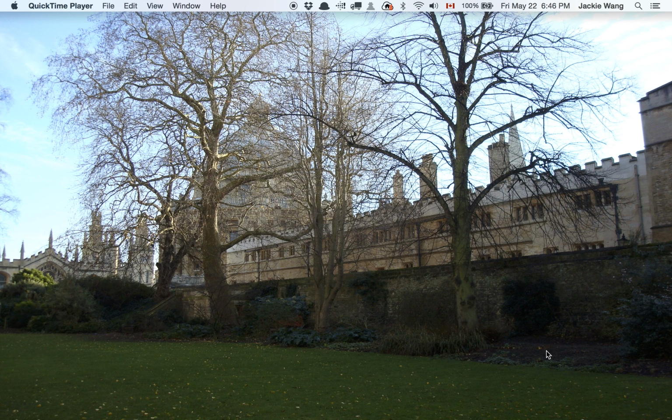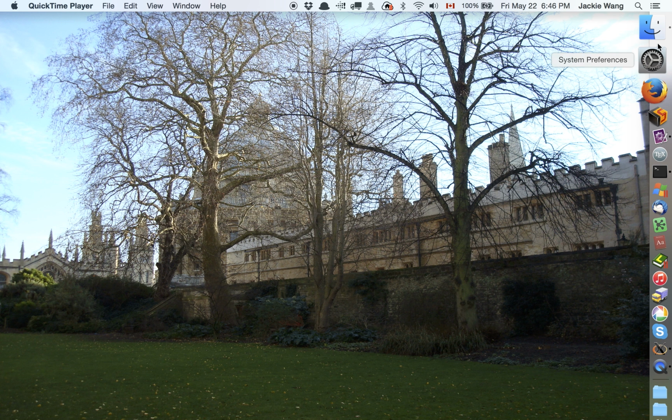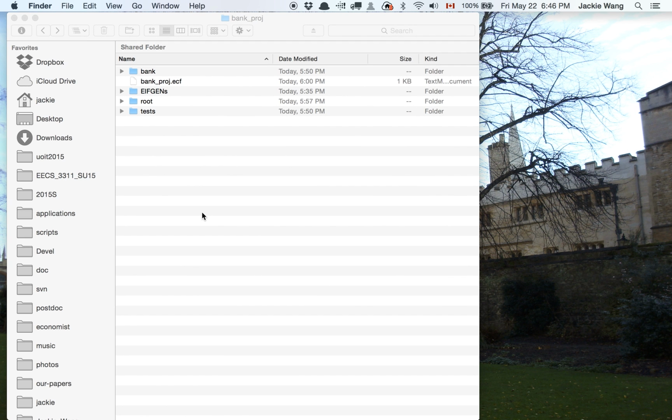In the last tutorial, we showed you how to create a brand new bank project and how to create clusters, how to create directories in your file system, and then how to create symbolic names in EiffelStudio as clusters and how to set them up correctly. So just as a review, if you go to the file system,